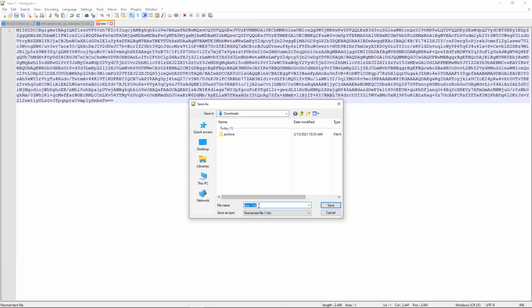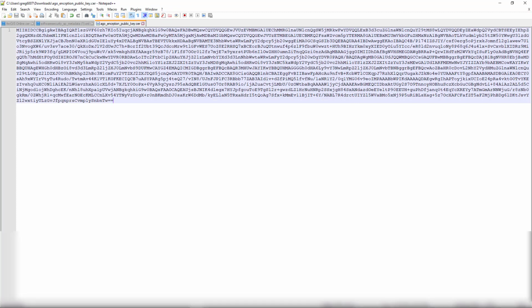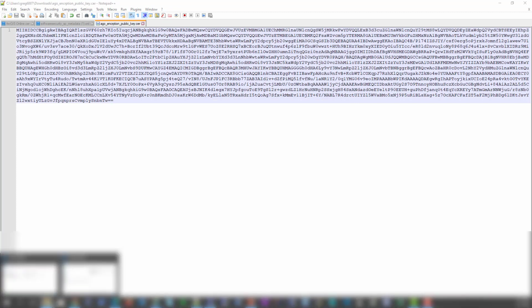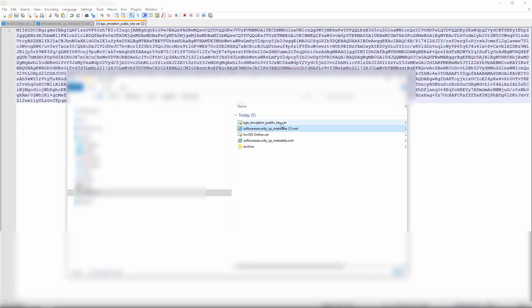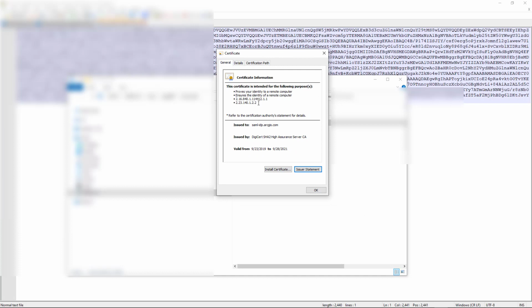I'm going to save this as AGO encryption key, public key. The name is irrelevant, just so I know what I'm dealing with. And the way you can tell if we did that correctly, just open it up. Just double click on it. And if it opens and you can read the values out of it, then